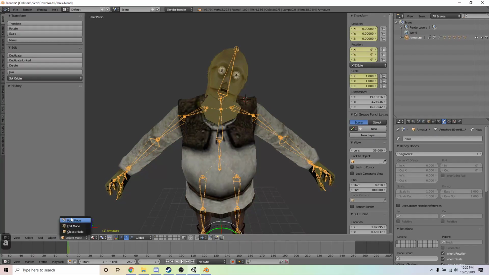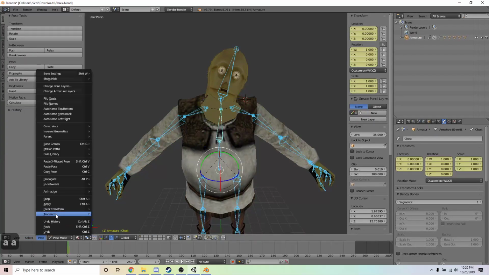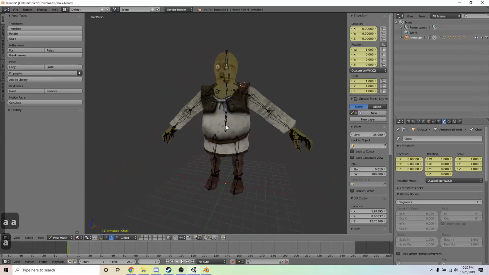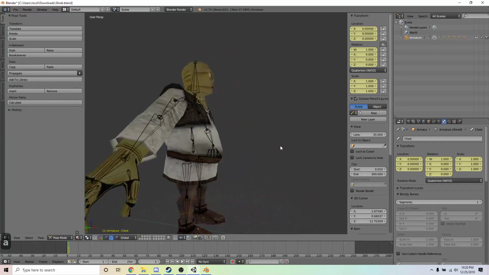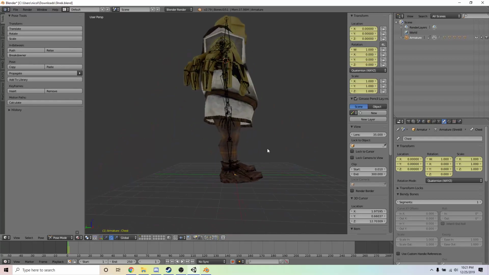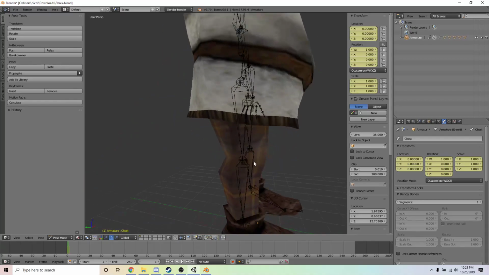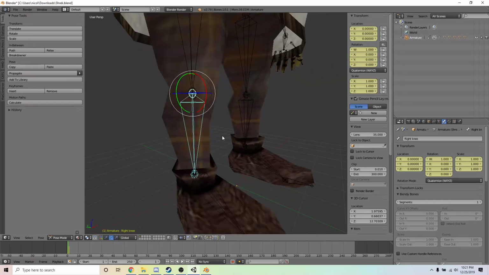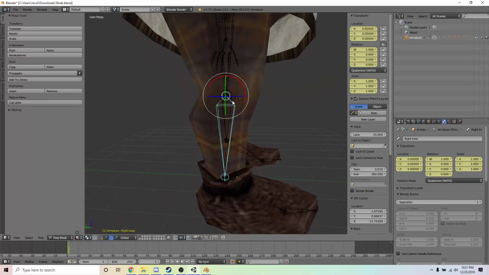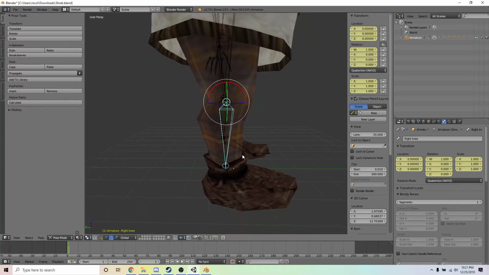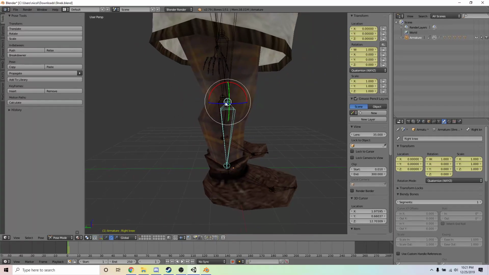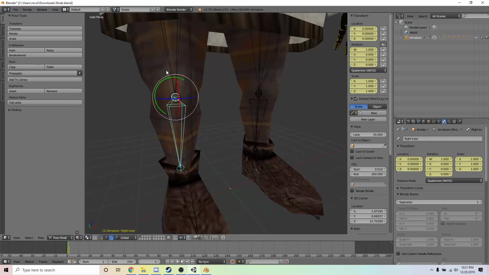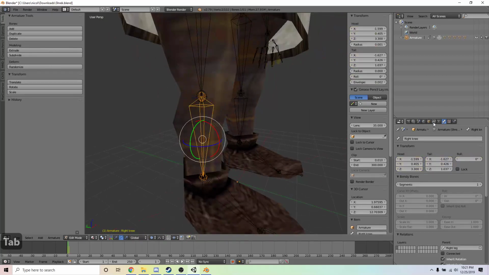Go back to the armature, we're going to go to pose mode, and we're going to clear transform. Okay, so here's another tip. This model is probably going to have weirdly bent legs, because these bones are so straight here. In Unity, it wants to find a bend. It wants to find where the knee is so it can put the knee in the right spot. But right here, they're so straight that it's probably going to